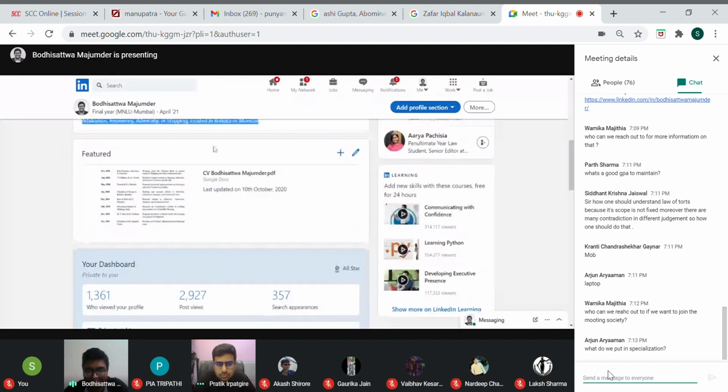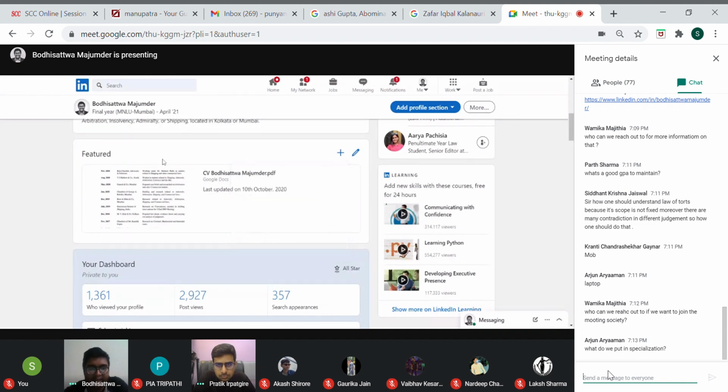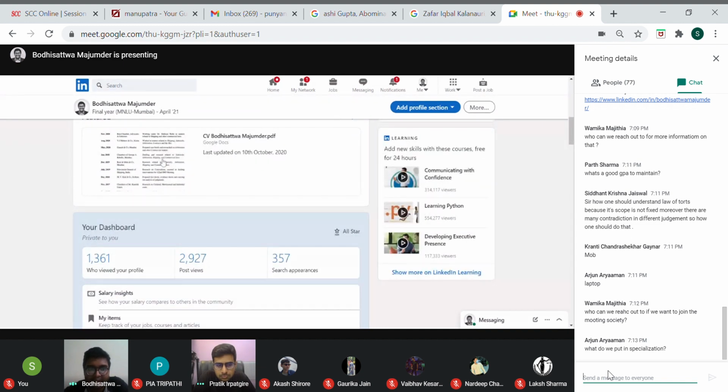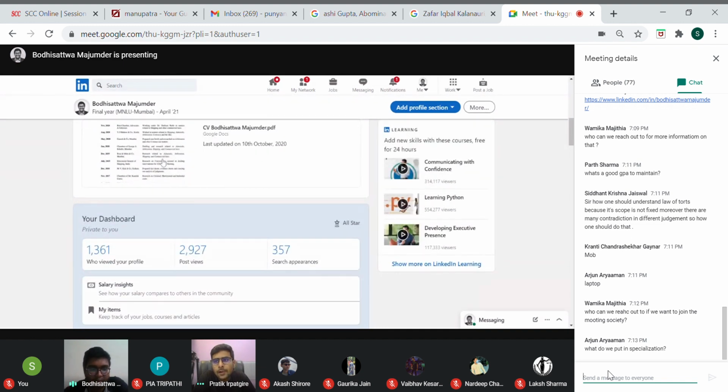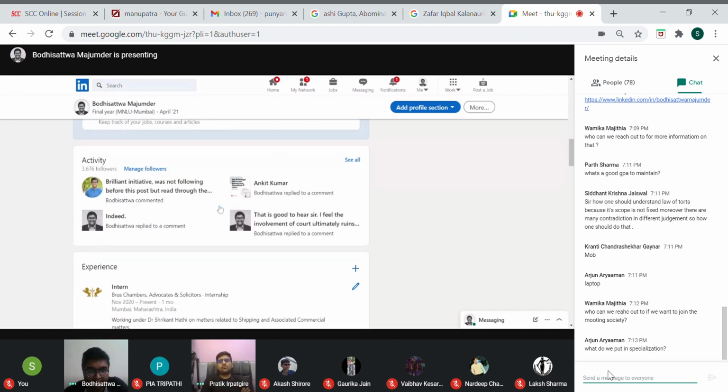And here, this is the featured option. There's a hack. Not many people do it, but I have managed to do it. You click here and there is an option to add a link. So what you do is you paste your CV in the Google Drive, you open the share option and paste the link here. Then your CV will come here. Right now you don't have a good CV, so we need to learn how to make your CV look presentable. This will be all the analytics.